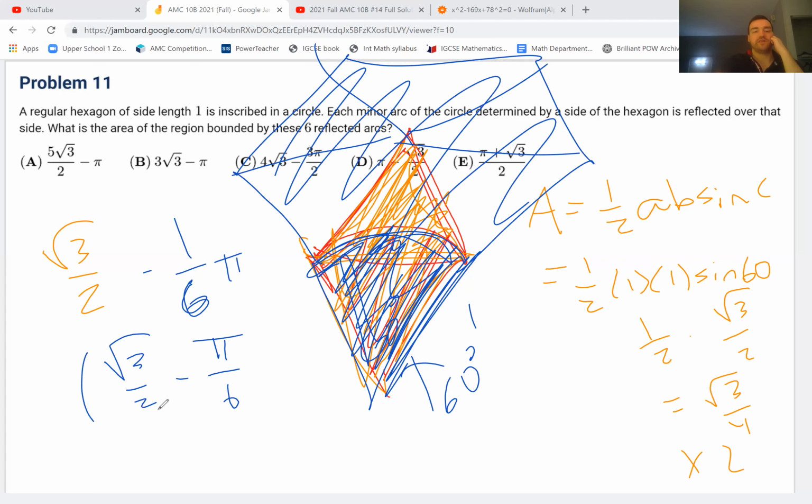So we're basically going to do this times 6, which is going to give us what? Square root 3 over 3. No, sorry. It's going to give us,